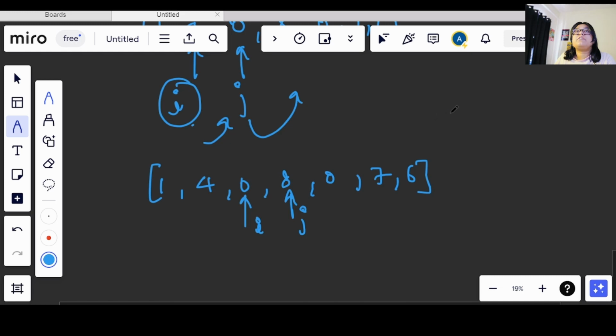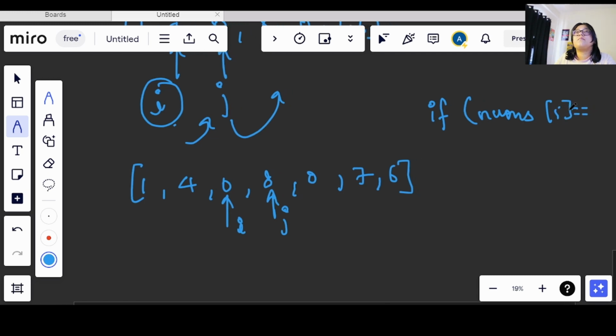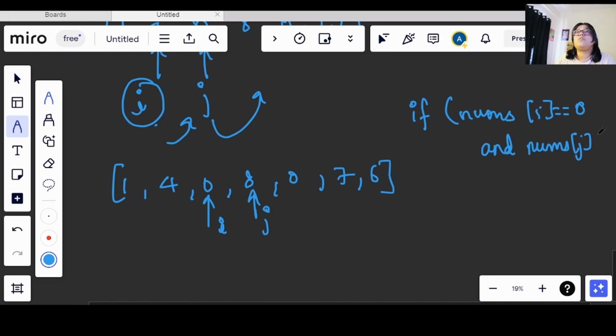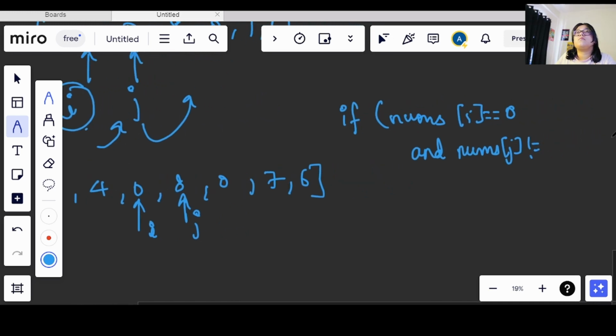So we were checking a condition, right? nums of I is equals to 0 and nums of j is not equals to 0, then only we were swapping, right? We were swapping nums of I and nums of j.